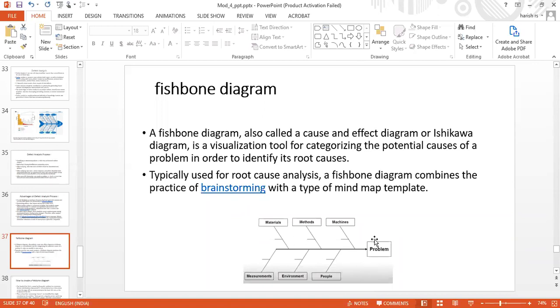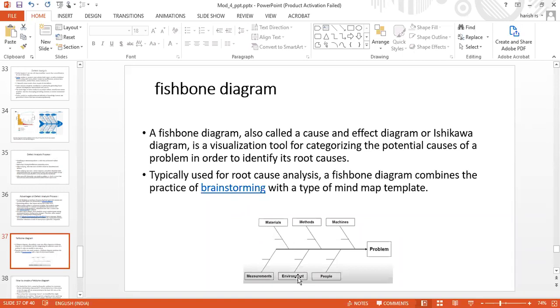So we define the problem first, followed by that we draw a backbone and see the various kinds of issues and causes for it. And one more thing you can see is that these causes can be branched also. Now I say material, and I say the problem is the bridge is not constructed. So what is the material? They don't get cement, they don't get bricks, they don't get rods, they don't get iron. Iron is very costly. So that can be the materials.